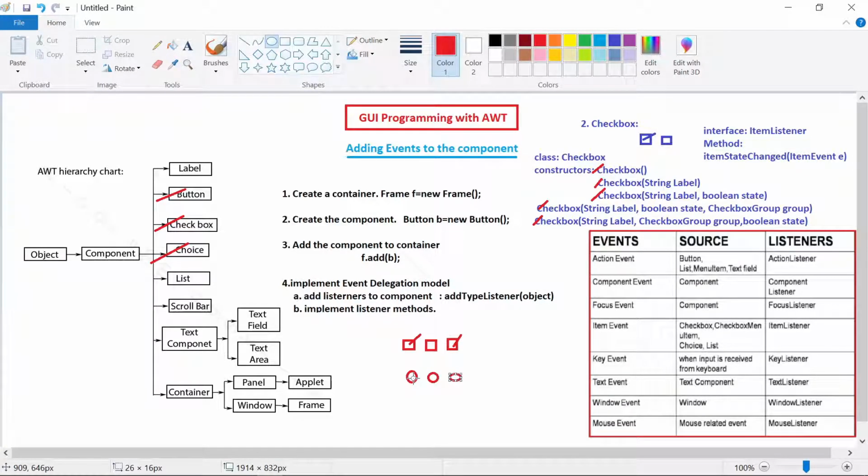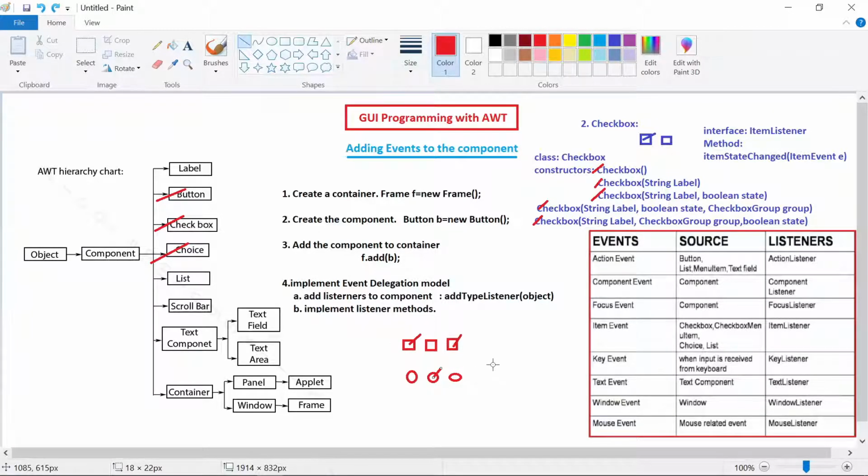It is not possible for us to select more than one. If you choose this one, only this will be selected. If you choose another one, this will be removed. That means if you want to choose this one, that will be deselected and this will be selected. So that is the difference between the checkbox and the choice button.